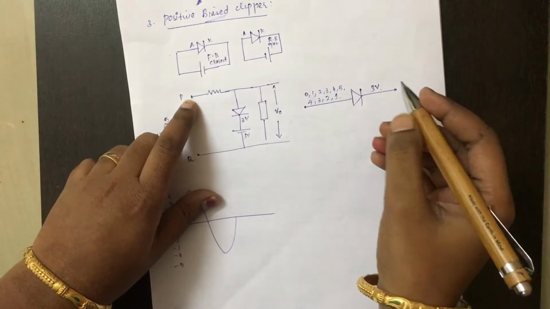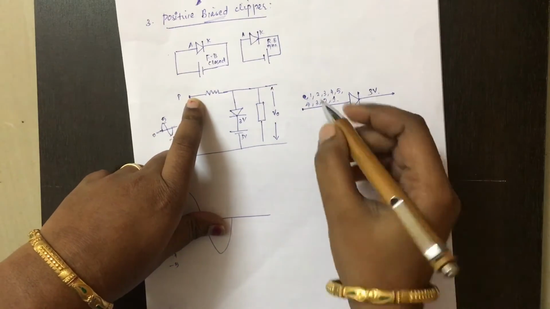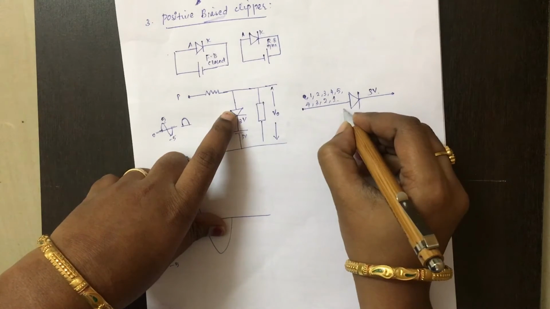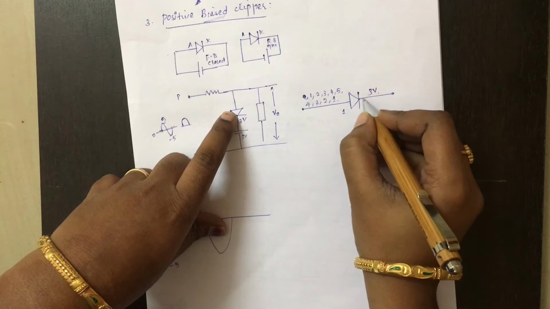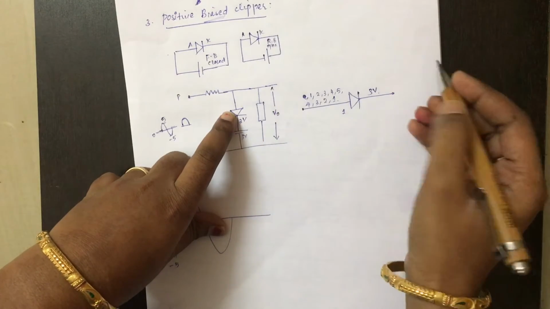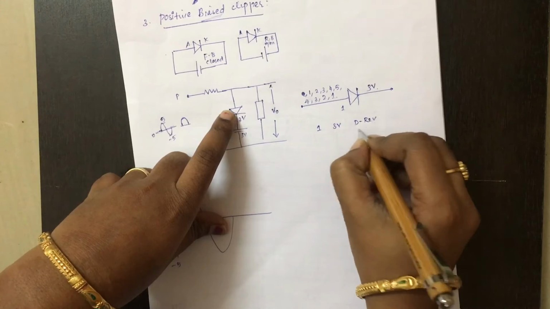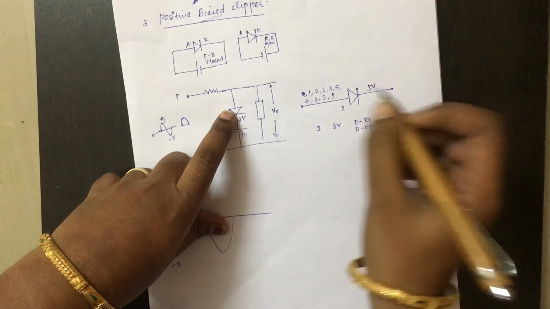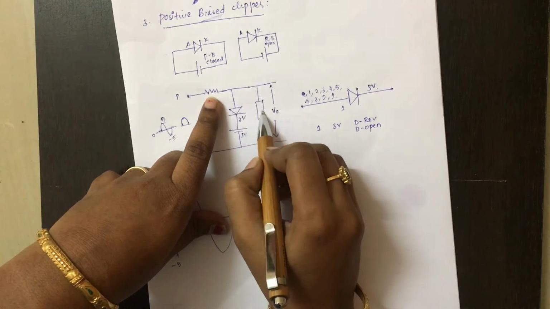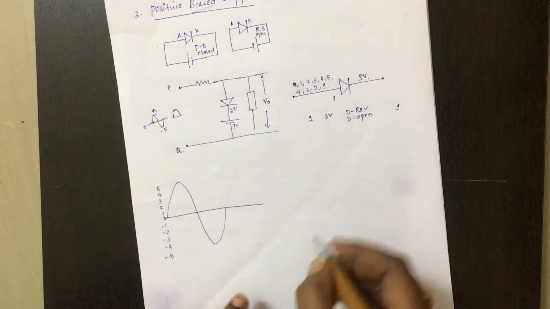What happens when you apply 0? You don't have to consider it, because it is just the DC level. Now first you will be applying 1 to the anode. If you see, the cathode is more positive, so the diode is in reverse bias condition for 1 volt and 3 volt. The diode is open, and hence no current will flow through the diode. The entire current will flow through the output resistor, so the same 1 volt you will get.